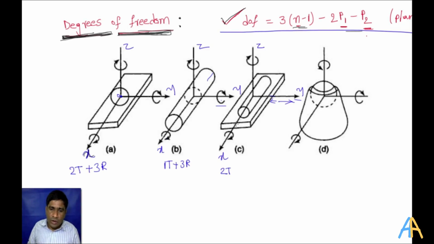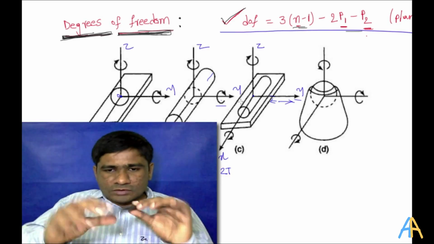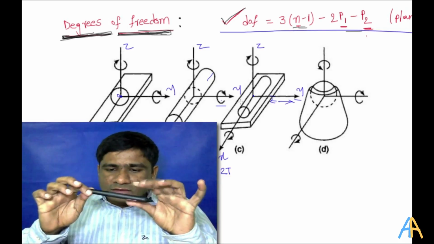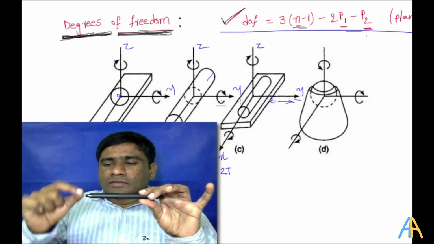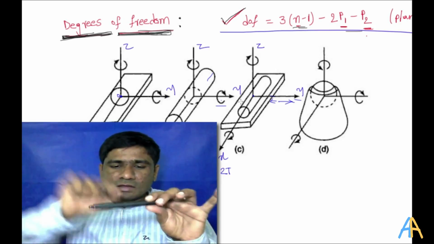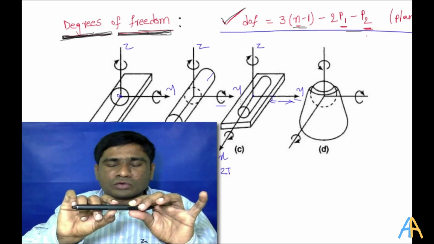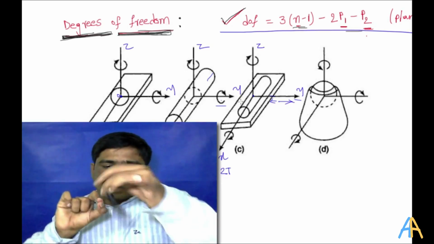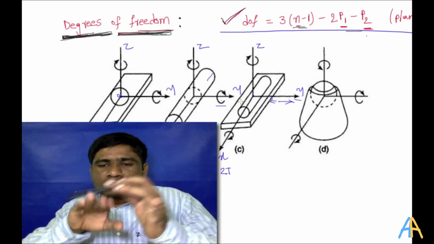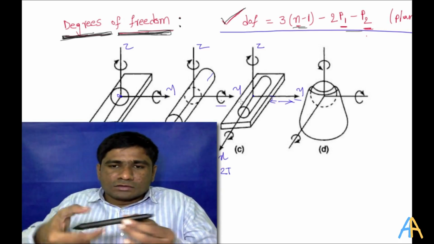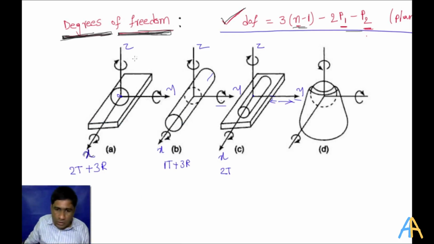So it can rotate about x. If you consider this is the cylinder and this is the x-axis, it can rotate like this, and this is the y-axis. So about the y-axis, can it rotate? No, it cannot rotate, because this is the y-axis and it has to rotate like this, but we have a plane here, so the plane is opposing that. And this is the z-axis, and it can rotate like this about the z-axis. So it has only 2 translations and 2 rotations. So total degree of freedom is 4.